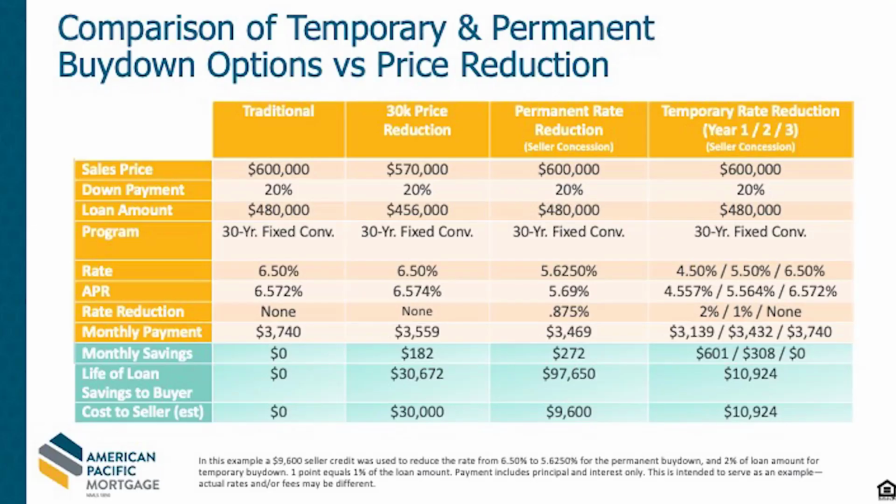So here we have a comparison of the temporary buy-down versus the permanent buy-down. And either one of them is a great strategy. For the permanent buy-down, the seller's going to need to contribute about $9,600, or the buyer if they so chose. But in this market, often we're able to get the seller to assist. If you do the temporary buy-down, it's going to cost the seller about $10,900. In the grand scheme of things, at this price point of, let's say, $600,000 as our example, they're roughly about the same. The whole point of this is it's a win-win for both buyer and seller, and the buyer can decide